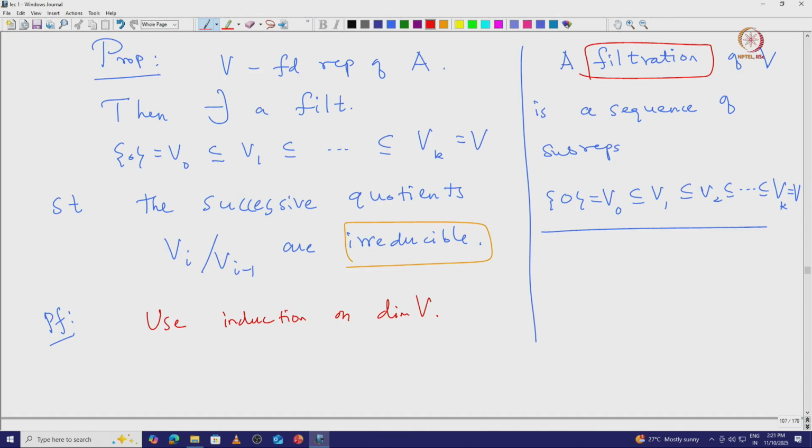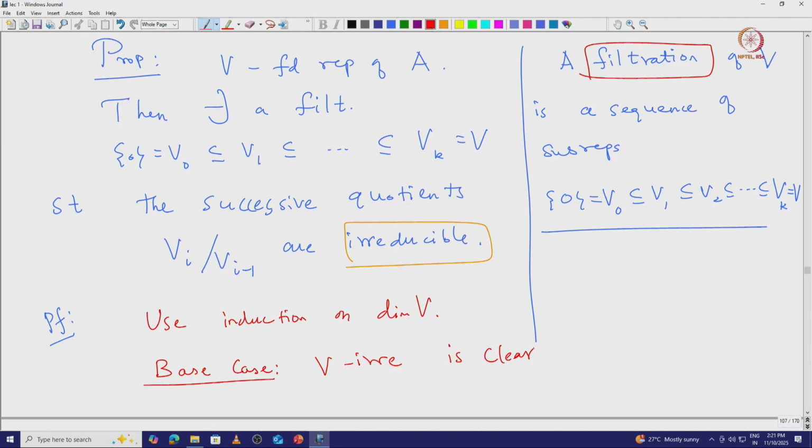So, base case: either you can take it to be a 0-dimensional space or a 1-dimensional space, with V being irreducible. So that we can take it as a base case, which includes both 0 and 1 dimensional. So, the base case is V irreducible, and this is clear,